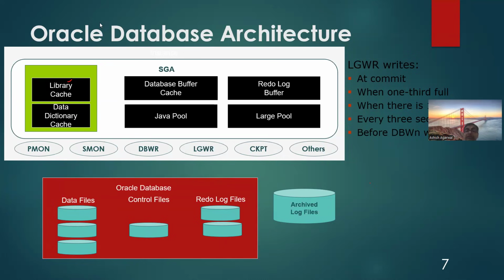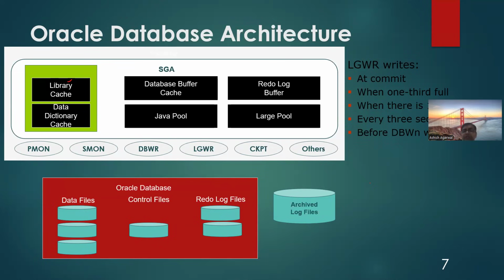Then you have redo log files. Redo log files contain the changes which are made to the database. Whatever changes are made to the database get stored in the redo log files. The backup of redo log files is taken on disk, and those are called archive log files. So for GoldenGate to capture the data, redo log files or their backup, the archive log files, are the source. GoldenGate captures the changes from redo log files or archive log files.